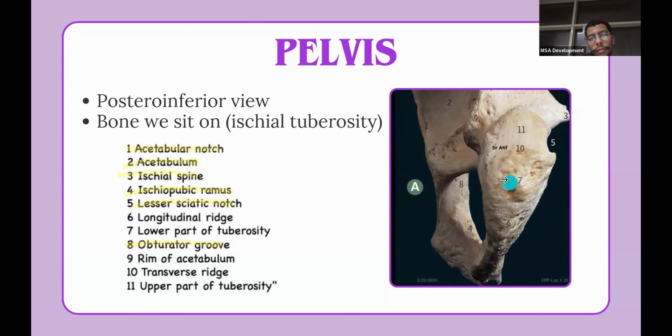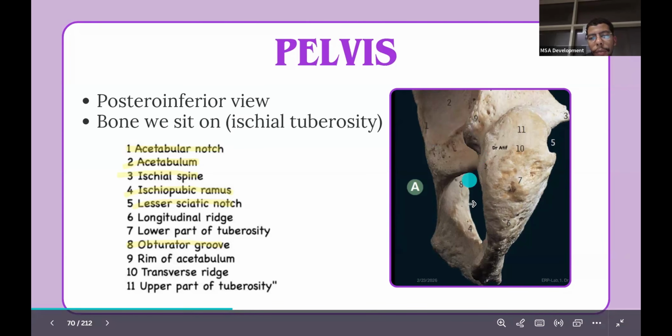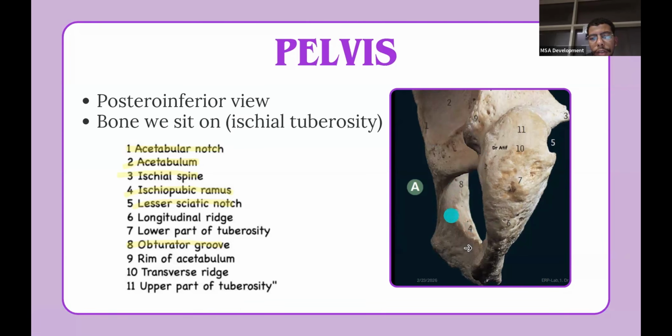Now the new things are the acetabular notch, and I don't think you really need to know that. Here we have the acetabulum. Remember the circle in which the femur's head goes in. Then we have the rim of the acetabulum itself. Okay. And then we also have the obturator foramen here. Okay. And there's like a depression in there. I'm not really sure if you guys can see it. It's not really clear in this image, but there's supposed to be a depression, and that is called the obturator